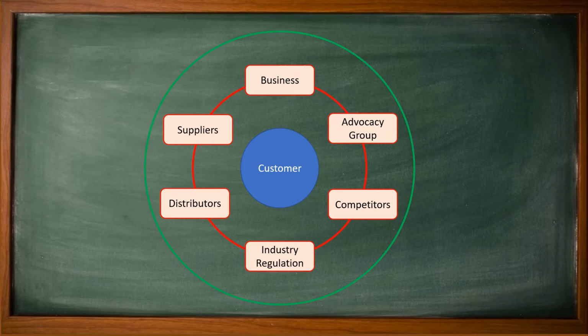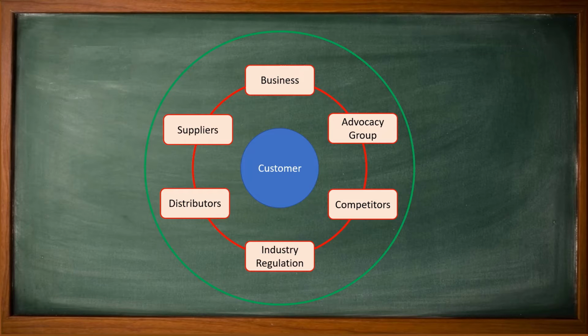Competitors, an organization in the same business which provides similar goods or services to a similar target market. The number of competitors can affect the sales of the product of the organization. Industry regulation, it is the local government regulation of industry control through setting the prices or controlling the number of goods and services produced. It affects the customer availability of goods and services of the business because of the existing